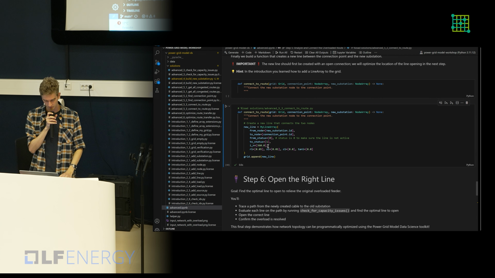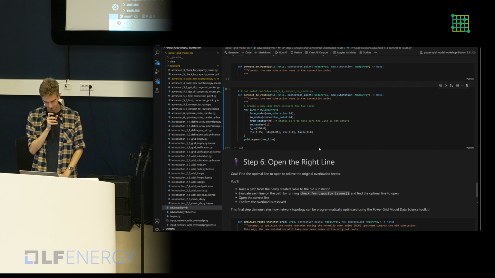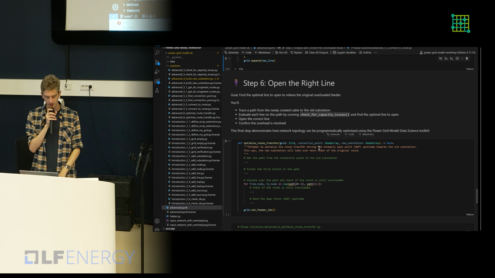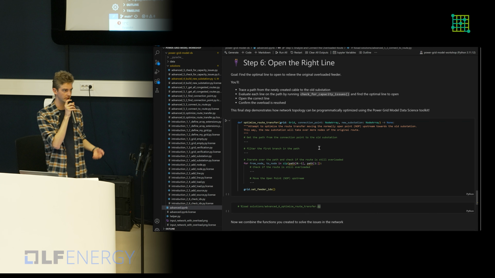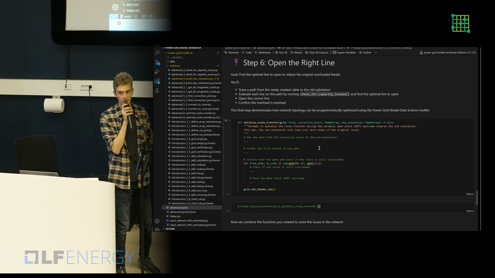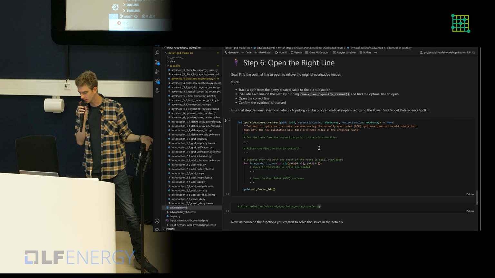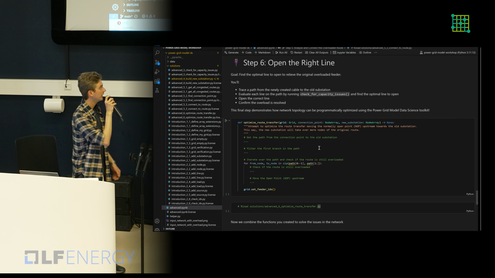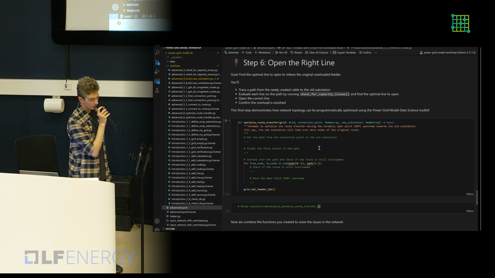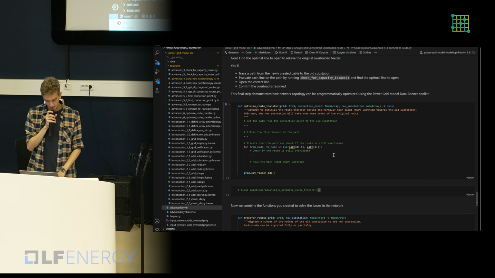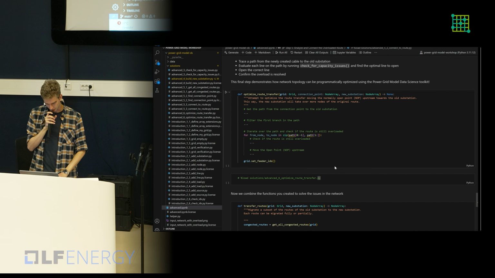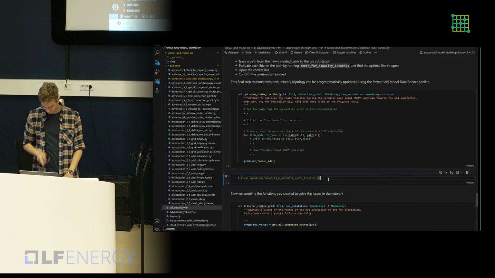We give a normalized current and some other physical properties of the line. And now it's time to actually do the optimization, or we did some optimization before, right? By determining which node we want to create the cable to. And now we want to wrap it up. So this is a pretty big function. I'll load it first and then go through it step by step.